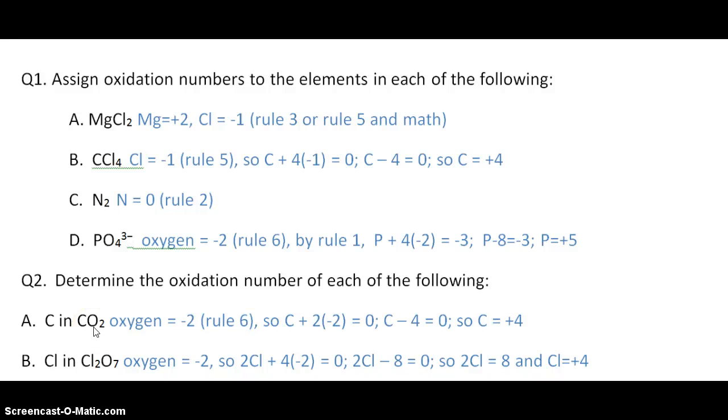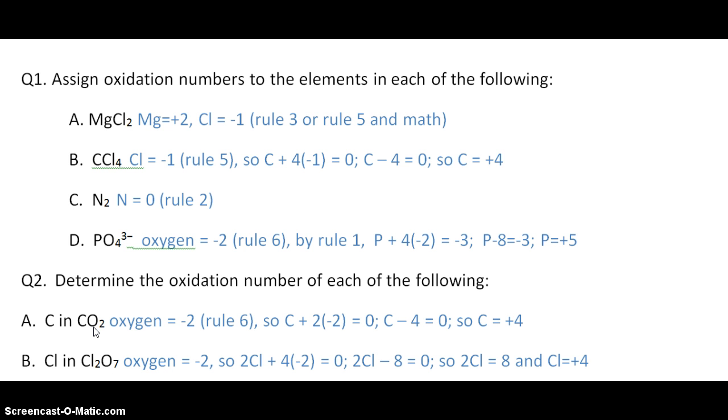Let's go over some of these. The question was to assign oxidation numbers to the elements in each of the following. The first was an ionic compound. We know it's an ionic compound because it's got a metal and a nonmetal. So we could use Rule 3 and what we know about the ionic compounds